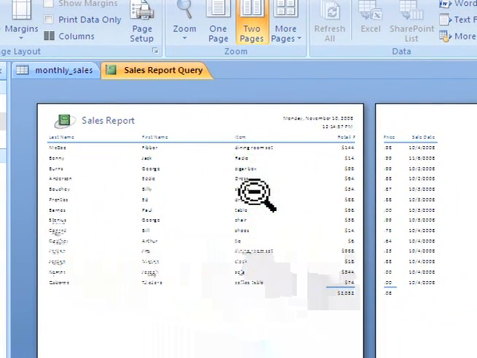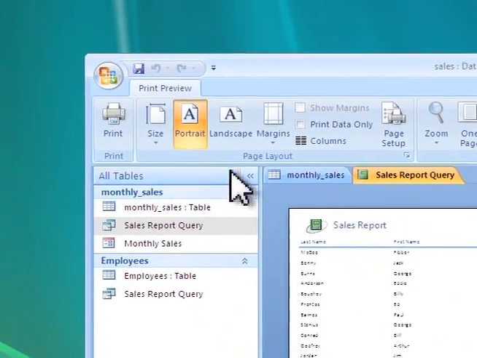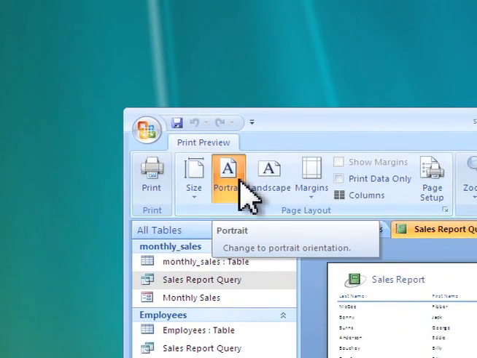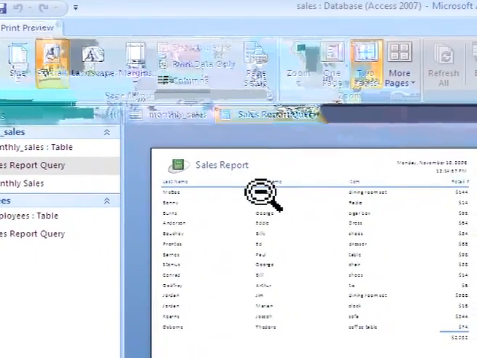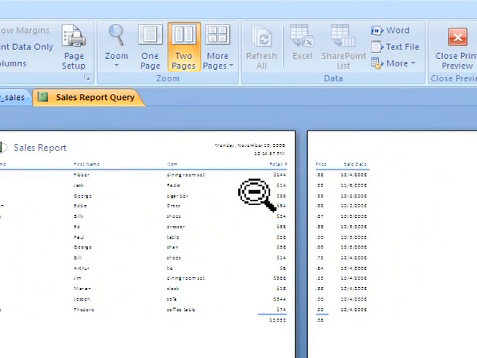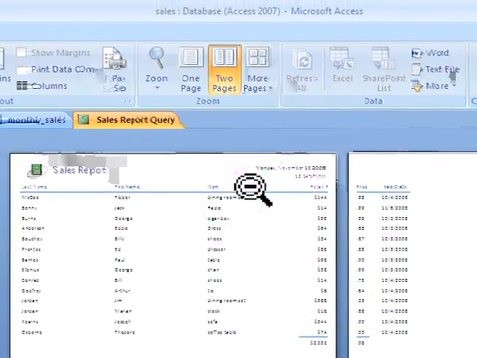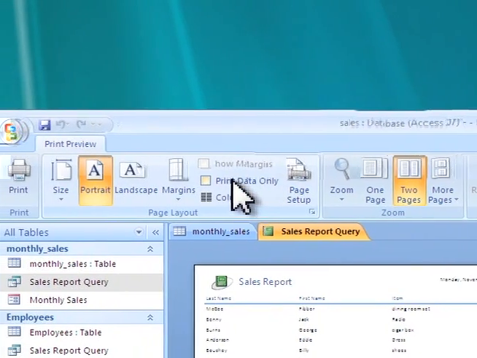Now, as we can see, the portrait orientation isn't wide enough for all of our columns. Two of the columns are being put onto a different page. We can fix this, hopefully, by clicking the Landscape Orientation button,